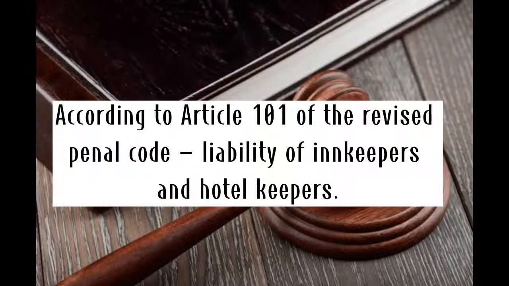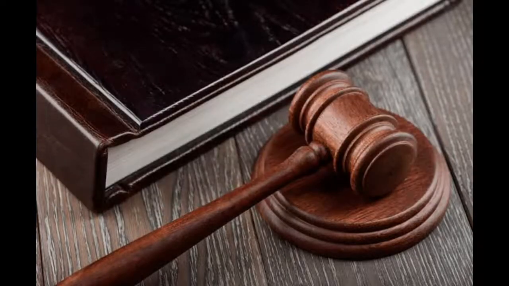According to Article 102 of the Revised Penal Code, on the liability of innkeepers and hotel keepers, it provides that innkeepers, tavern keepers, and any other persons or corporations shall be liable for crimes committed in their establishment, in all cases where violations of municipal ordinance or some general or special police regulations shall have been committed by them or their employees, in default of the persons criminally liable. So meaning if some crime or damage happens within your establishment, it is within your jurisdiction and therefore your responsibility.